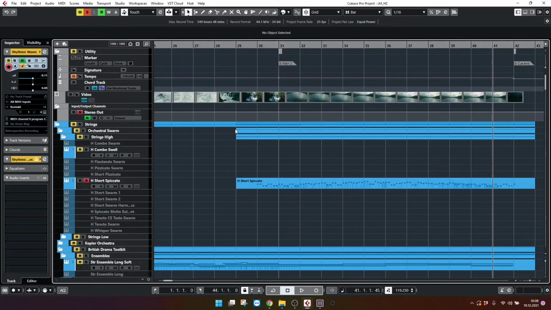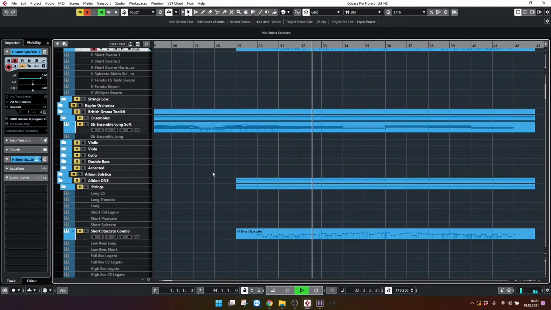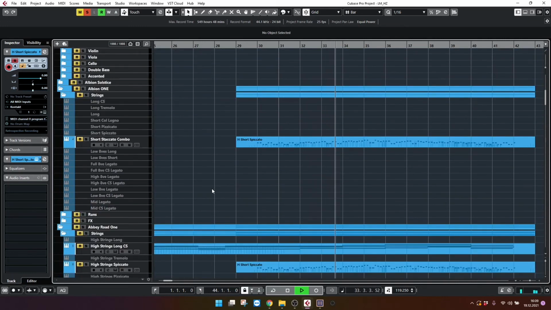So the basis of this has been the spiccato patch from the orchestral swarm, which perhaps you wouldn't think of first when you think of spiccato notes, but I think those just have a really beautiful quality to them. But on their own, I don't think they sound quite right, so for this cue I'm layering them with the staccato combo patch from Albion 1, and already the sound's getting a lot fuller, a lot wider, and